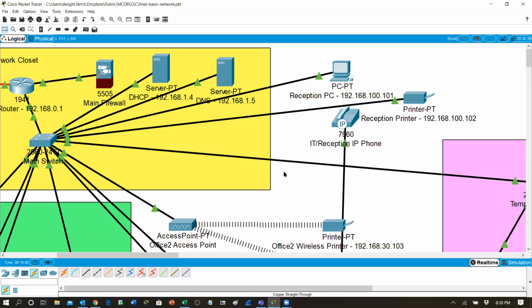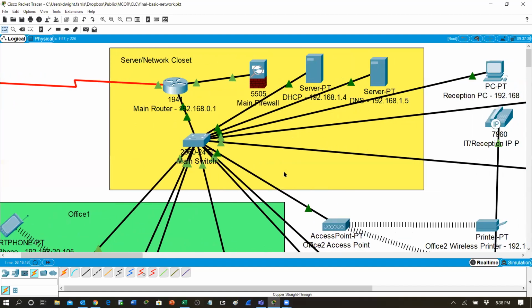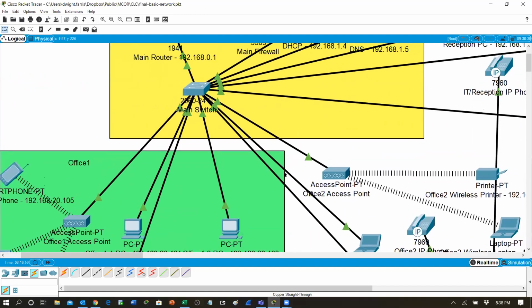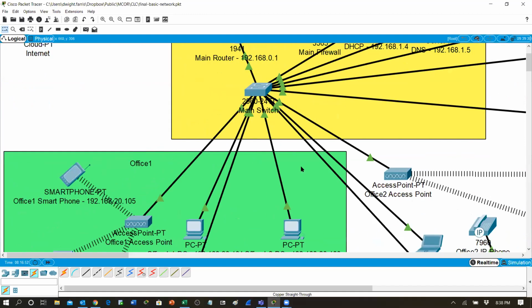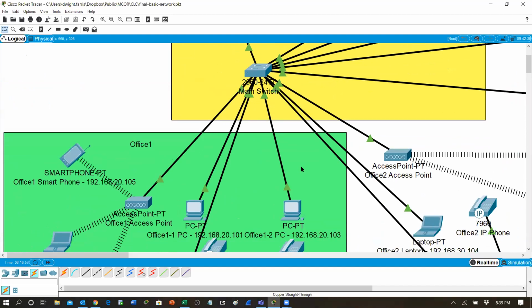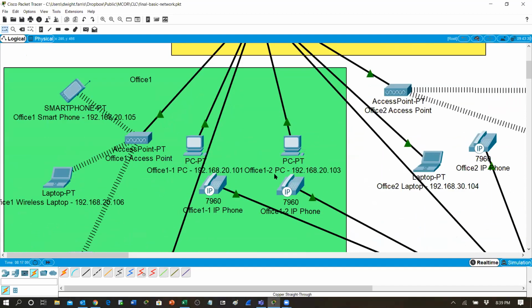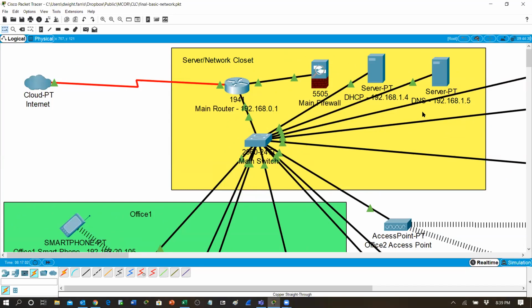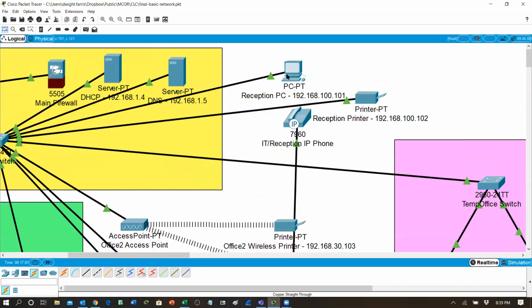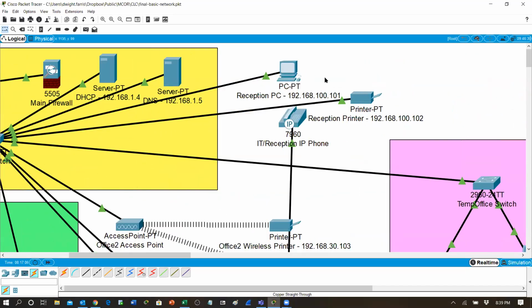So once again, what I would like for you to submit for your sixth Packet Tracer assignment, and as usual, you don't have to submit it tonight. We're going to end in a few minutes. I want to see that Office One is configured, and I want to see that you've added successfully the PC and the printer for your reception